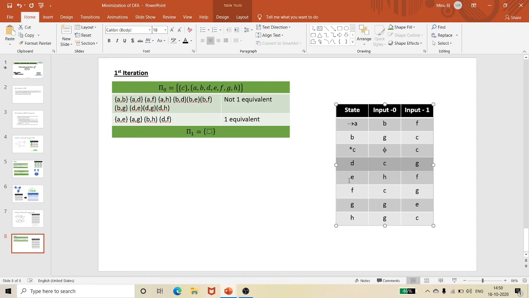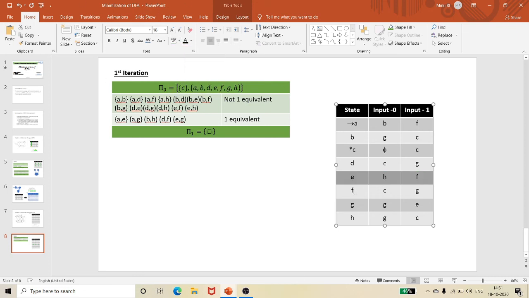Next one is, you need to check E with all components. When I am checking with E, you can see that H and F belong to this component. So if a C comes, there won't be any equivalency. So F is not going to be equivalent, and H is not going to be equivalent, because C belongs to them. Only E and G are going to be equivalent. So E comma G is equivalent. Other than that, E comma F or even E comma H is not going to be an equivalent pair. Okay, this is with respect to E.